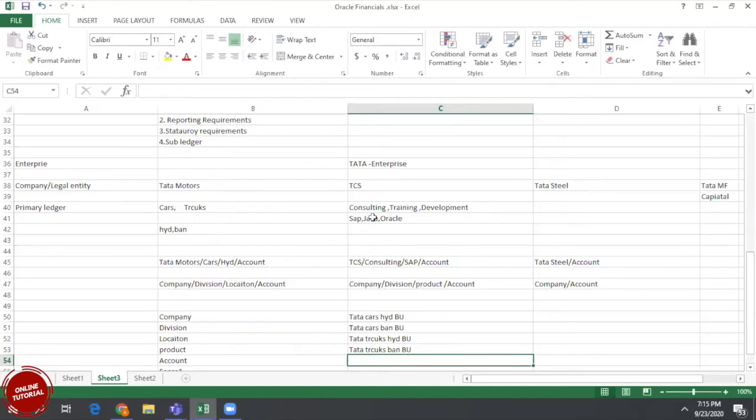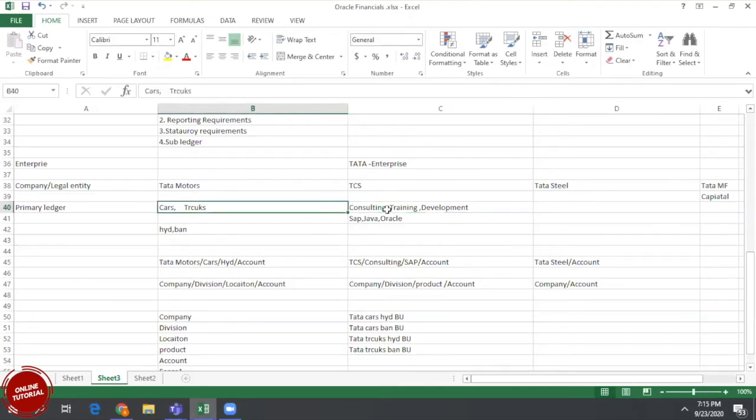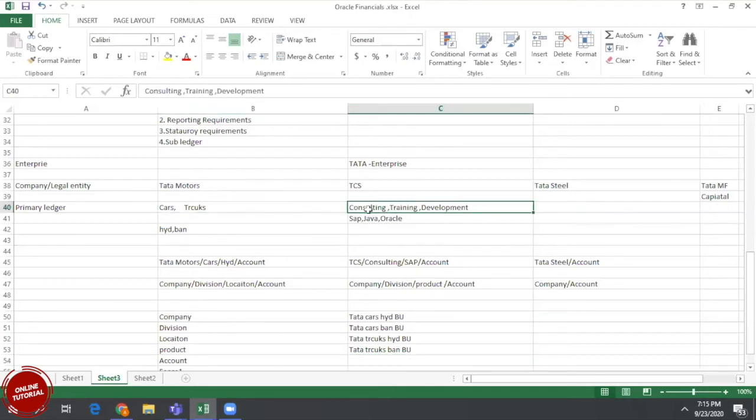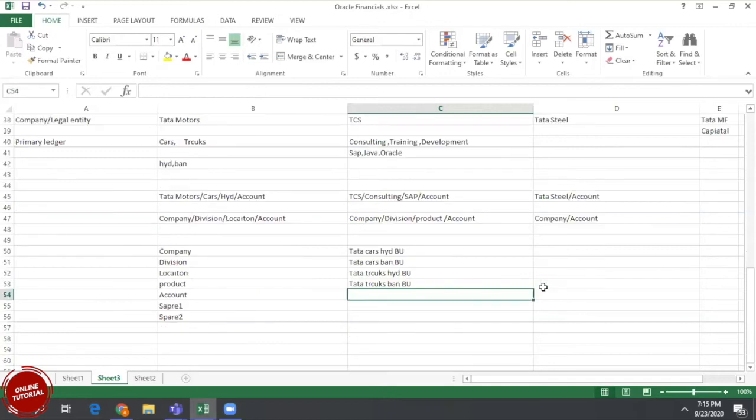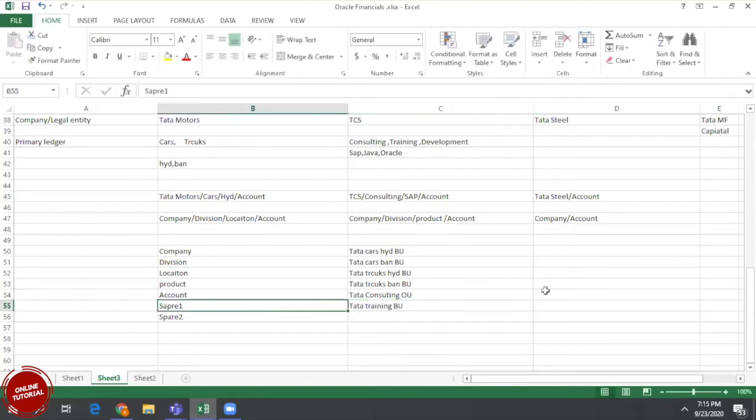Here we don't have a location concept, but they want to maintain some security between divisions. These are divisions, but since they want to maintain security, we define Tata Consulting BU, Tata Training BU, and Tata Development BU.